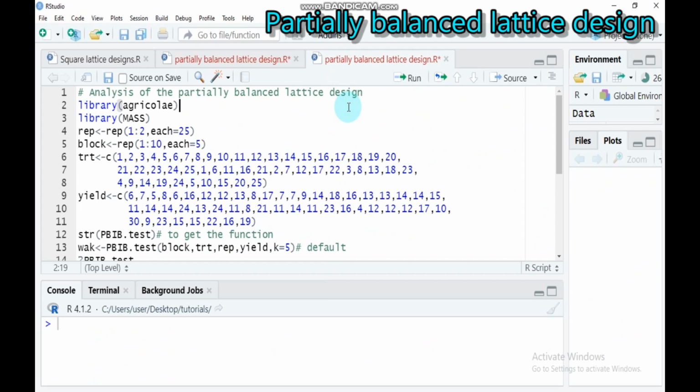Hello everybody, today we're gonna discuss the analysis of the partially balanced lattice design in R software. This partially balanced lattice design is similar to the balanced lattice design, which has some features. The first one is that the number of treatments must be a perfect square. That means 49, 81, 36, 25,